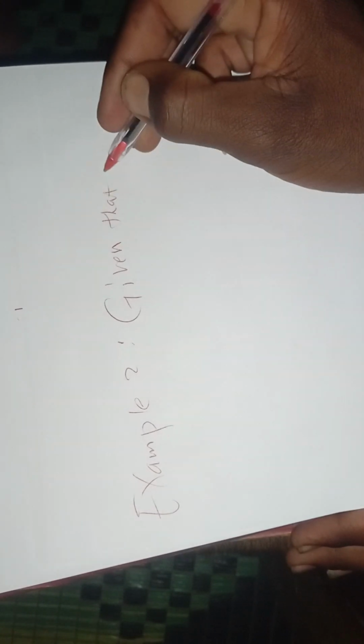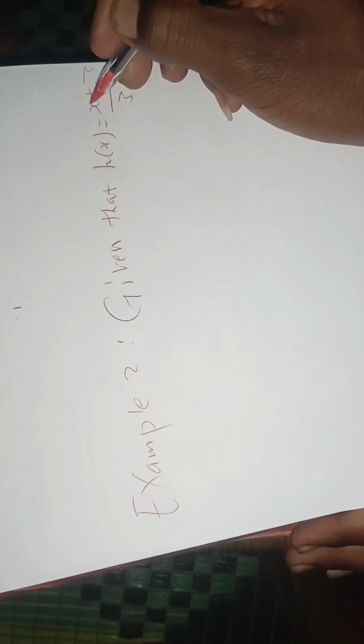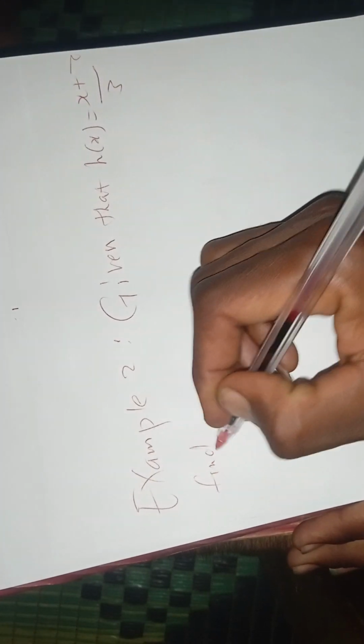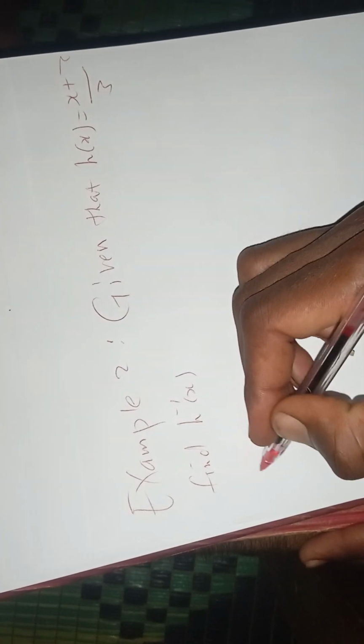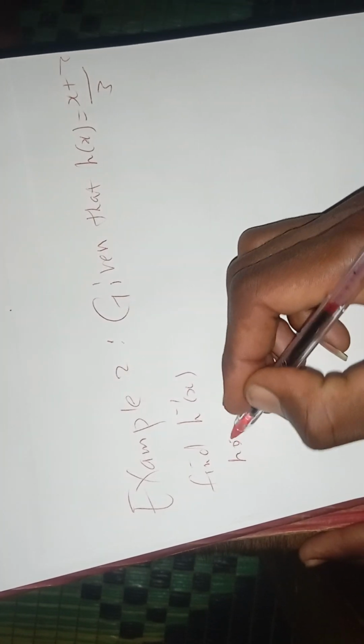Let's look at example 2 under inverse of functions, which is: given that h of x is equal to (x plus 2) over 3, find h inverse of x. So the same applies. To find the inverse function, we are going to write that function,